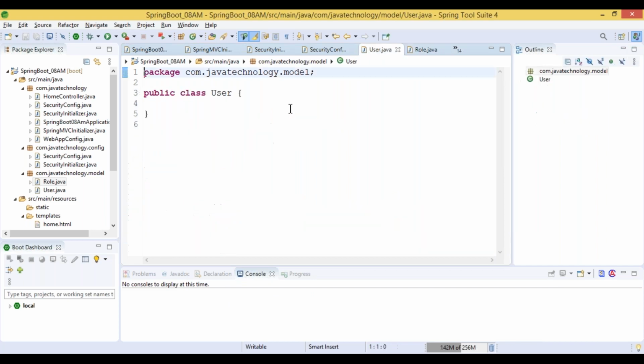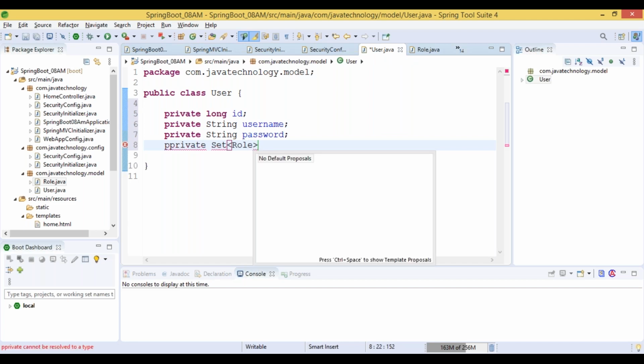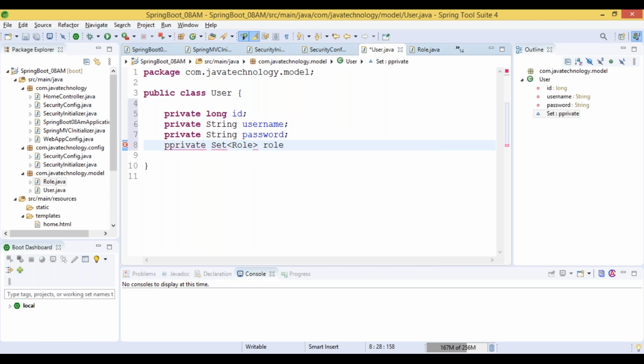The same way we need to create the User: private long ID, username, password, and private Set of Role. What happened? Okay. Private. Okay.